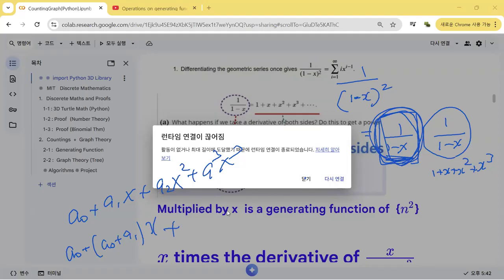So this one is a0 plus a1, something like that. Then from this region, as she explained in the video,